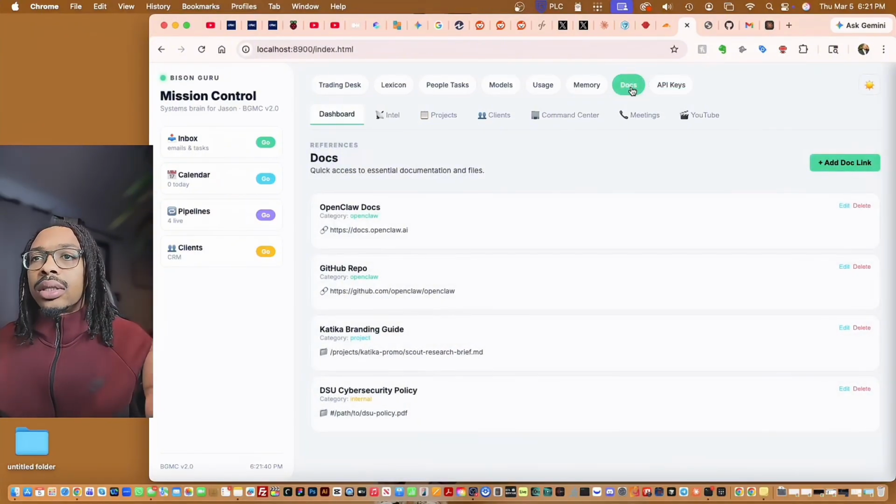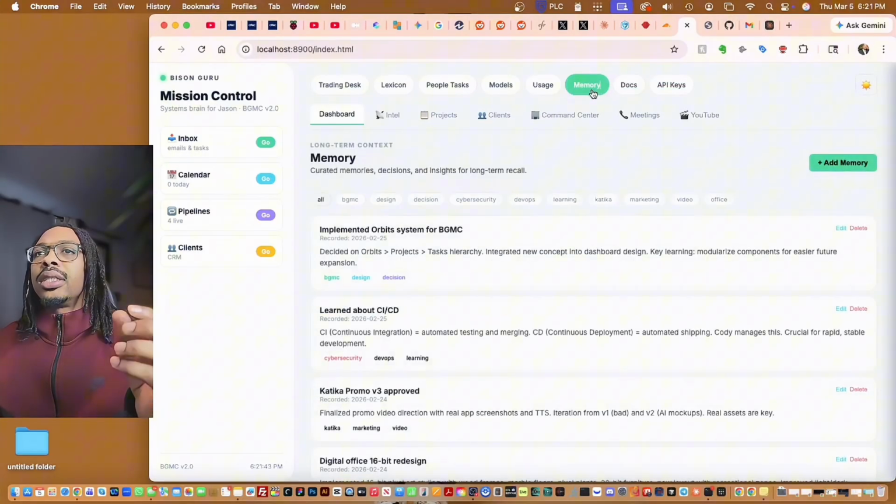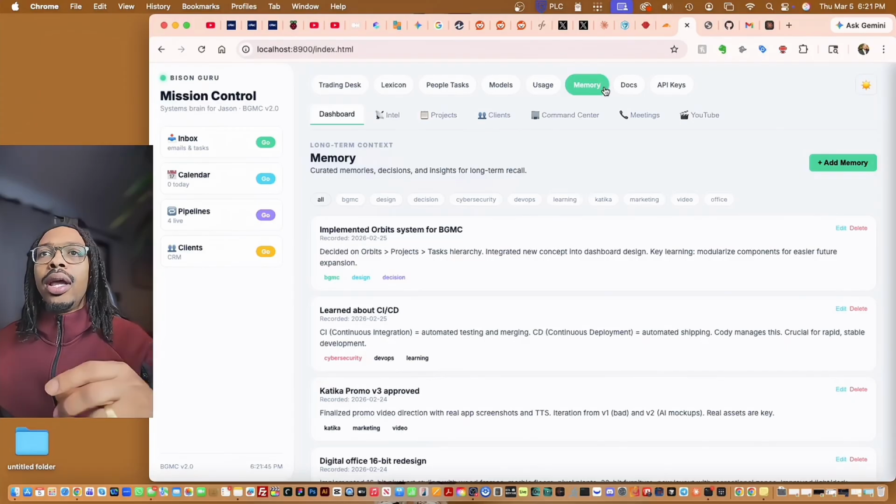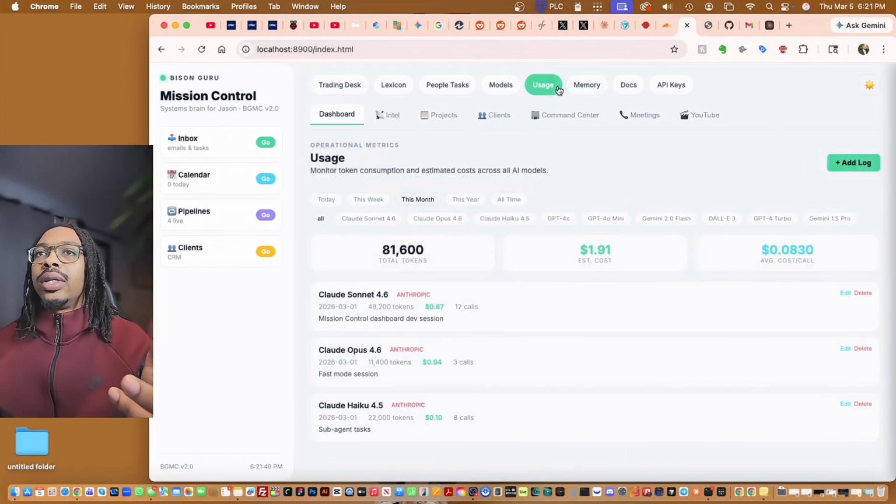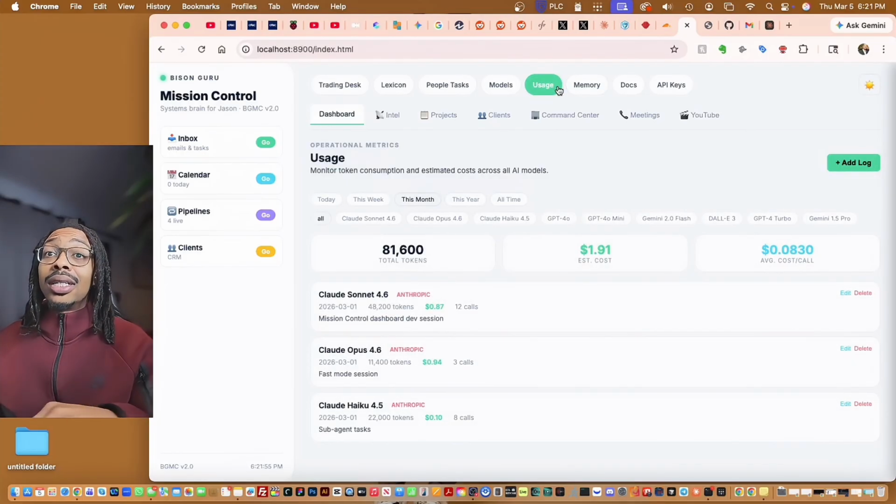Docs, what is this? These are just different documentation. We have memory. This is like an archive of the things that the different agents are doing. Usage. This was very, very useful and a priority to create this because